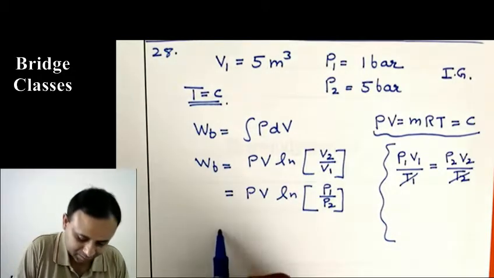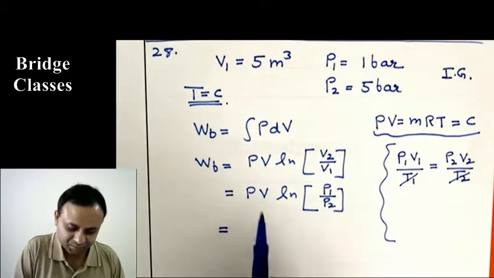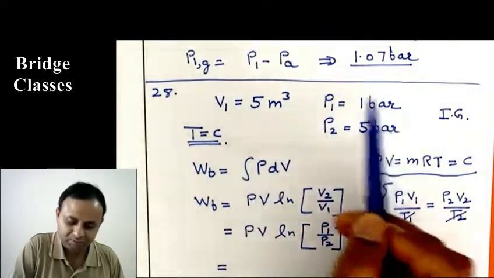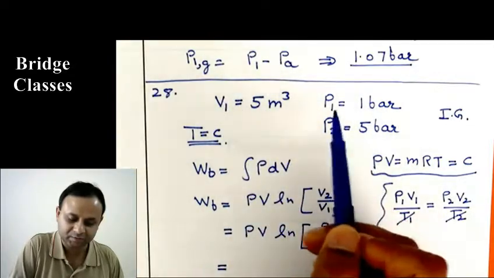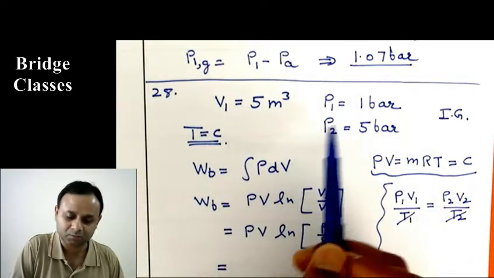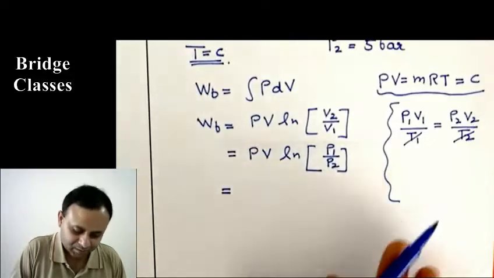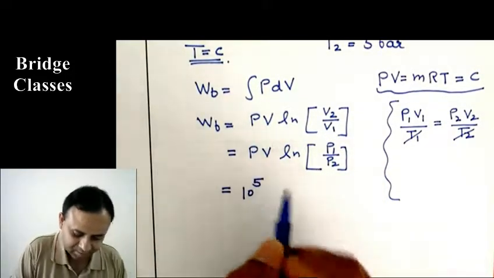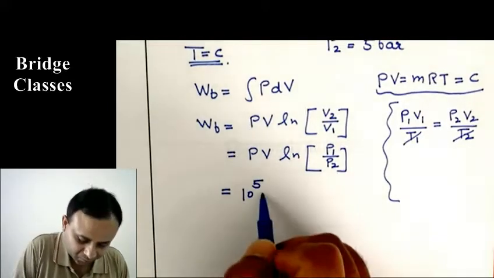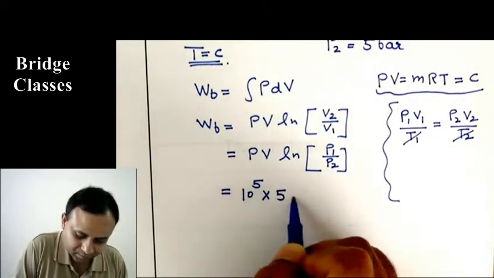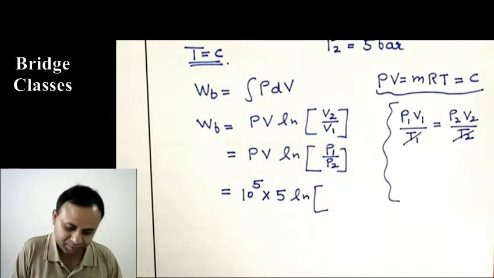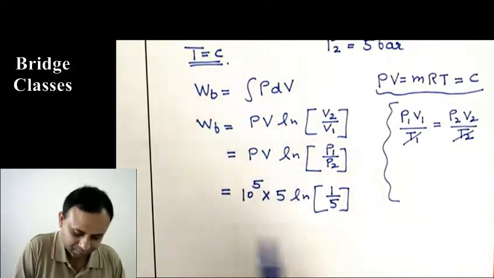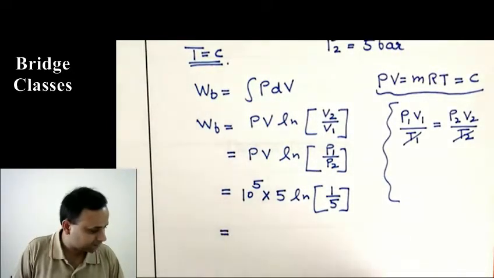Now we can plug numbers. We are given pressure at 1 and volume at 1, so we can use that combination of PV. We can use P1 V1 or P2 V2. We just use PV directly. Pressure is 1 bar, that will be 10 to the power 5 Pascal. Volume is 5 cubic meter. V log P1 over P2. P1 is 1, P2 is 5, 1 over 5. So you evaluate and you get